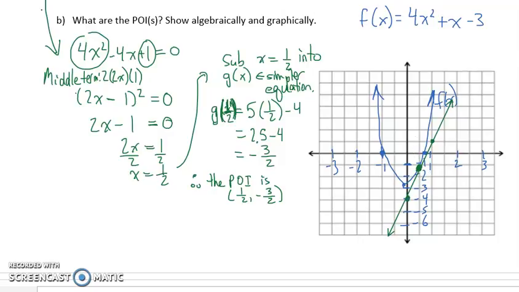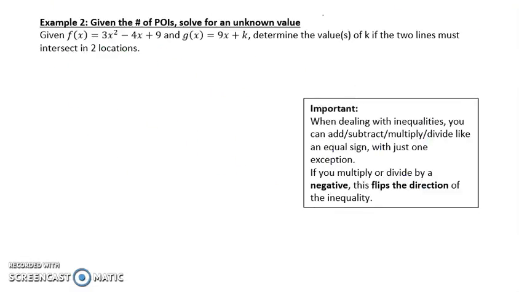Let's look at that last example now. If we're given the number of points of intersection, how do we solve for an unknown value? Well, in this case, the unknown value is represented by k. Oftentimes that will be the case. Given f of x and given g of x, determine the values of k if the two lines must intersect